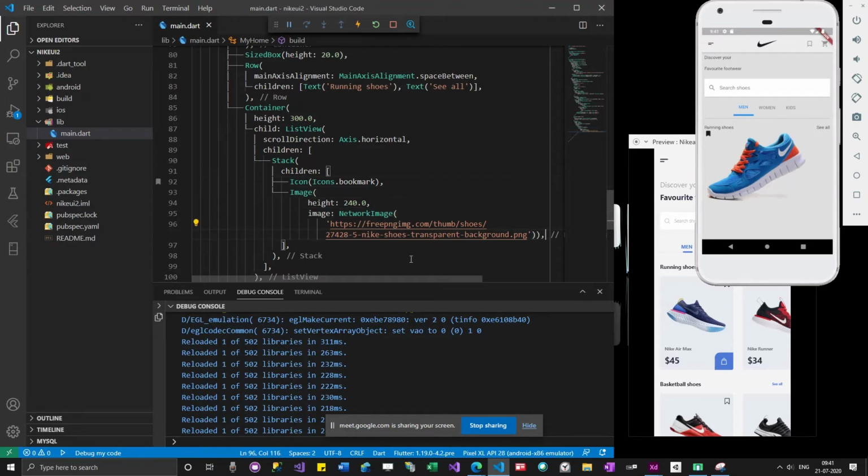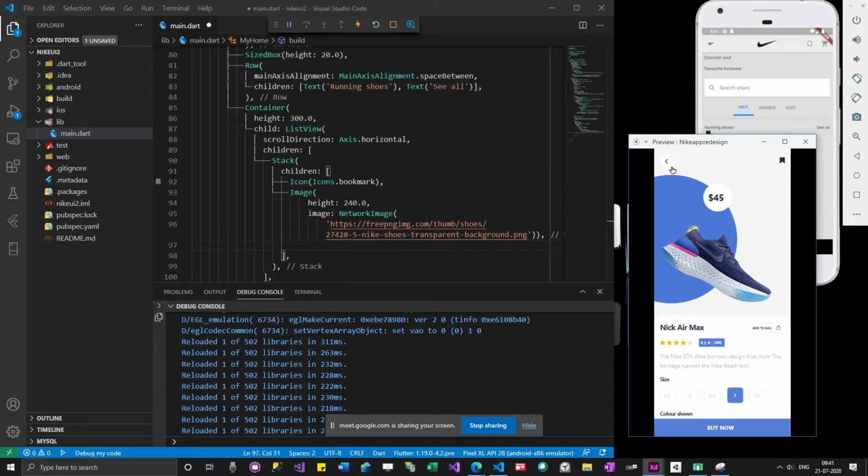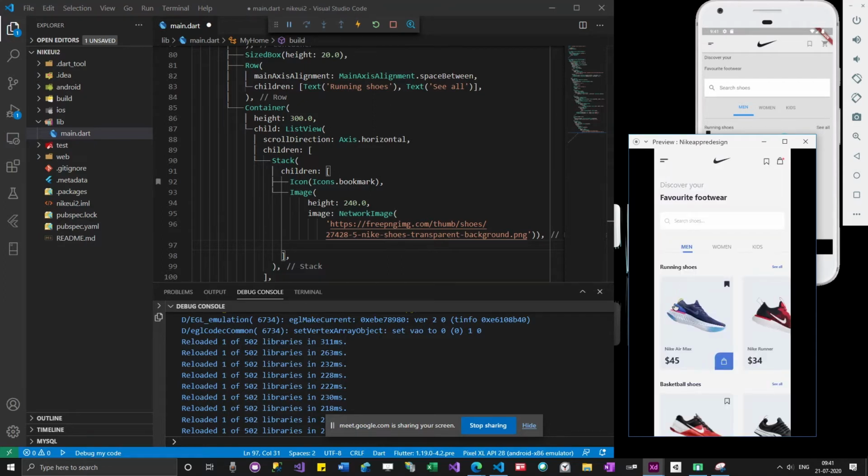And then we have added the bookmark and the shoe. Now we have to add this. If you look at this content, this is a row, with this part of the widget as one widget and this part as the other widget, and within this widget these are a column of widgets, a column of text. And then probably this is a container.